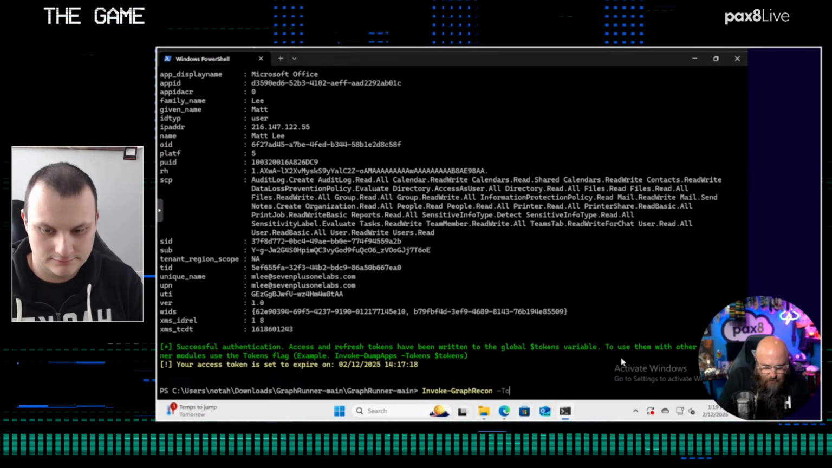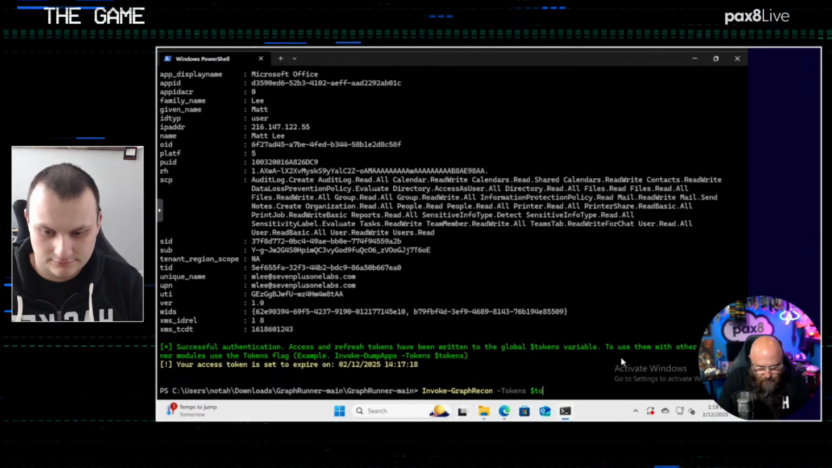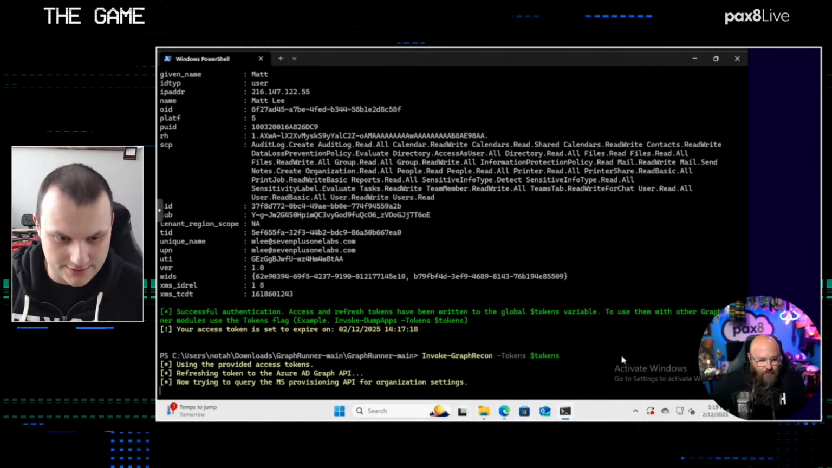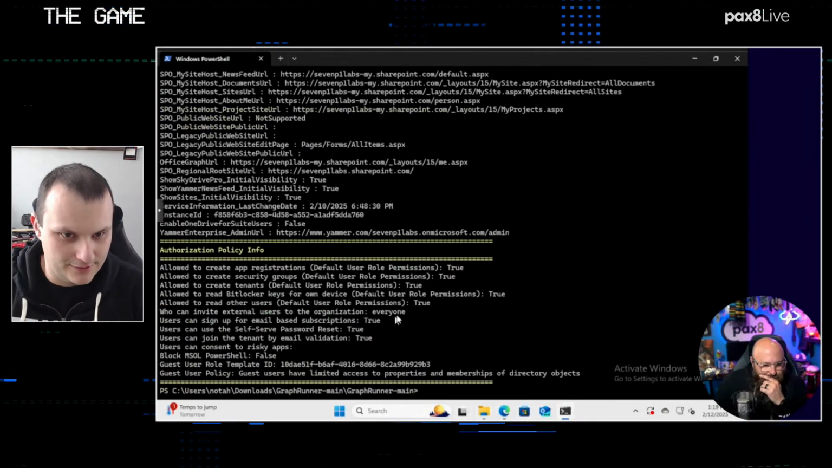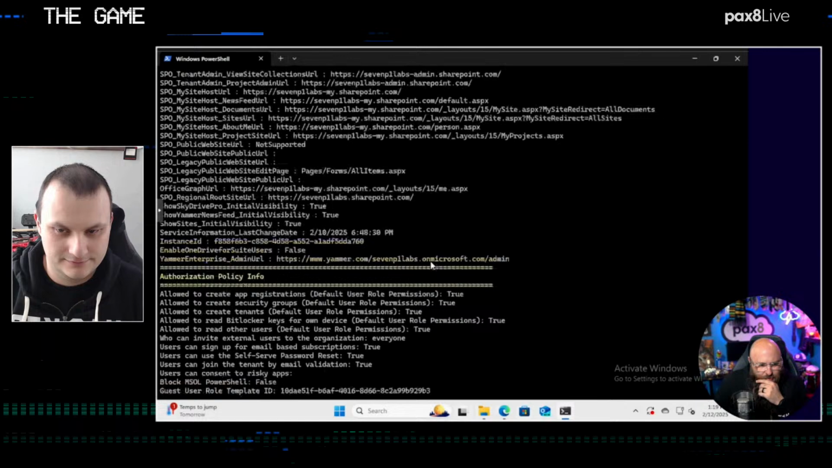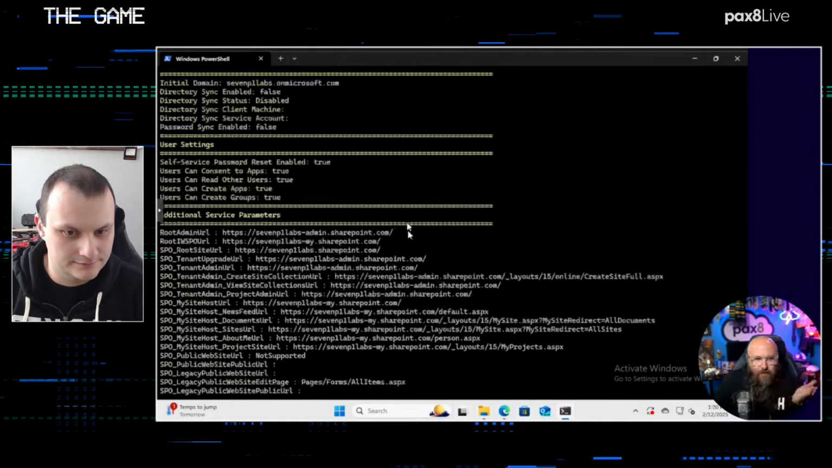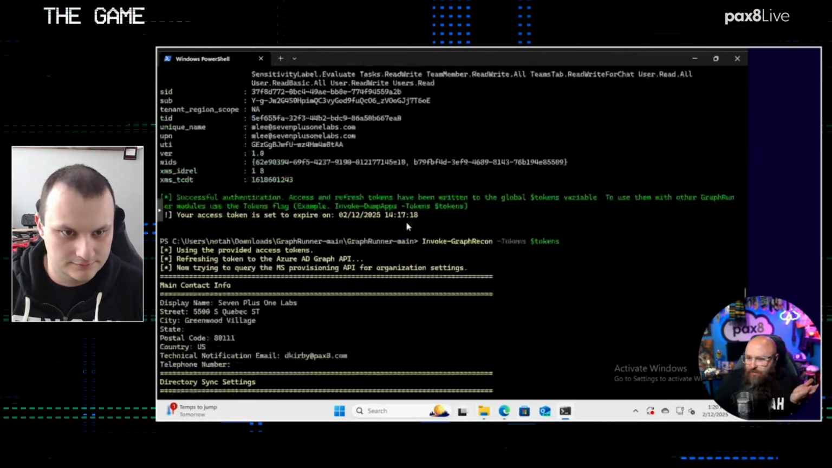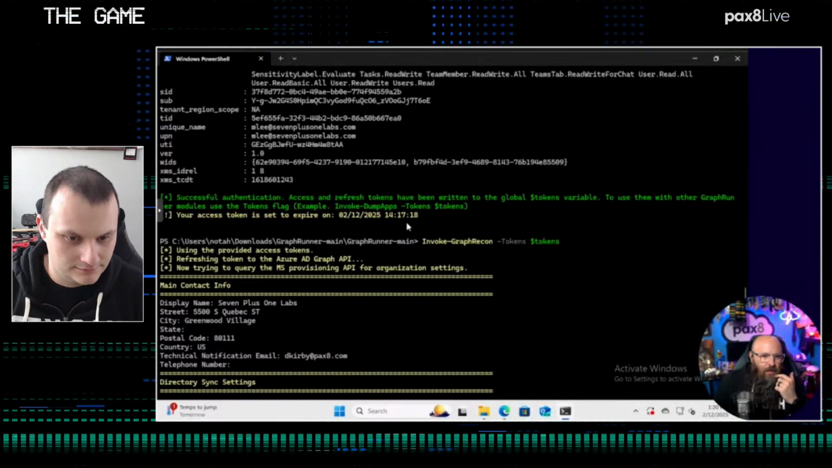Dash tokens, $ tokens. This is a stored variable, it's pretty straightforward. That was the stored variable tokens. So basically what we got in this initial enum is, if you think about it, it's like any other good